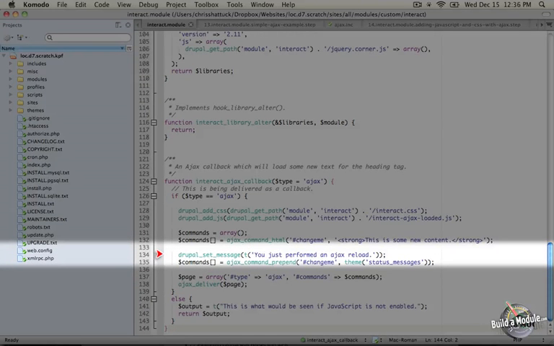Typically, when we want to display a message to the user, we use a utility function called Drupal set message, and that's exactly what we're going to do here. We're passing it the text "you just performed an Ajax reload." But by default, this text won't display on the page, so we need to render that when we load the